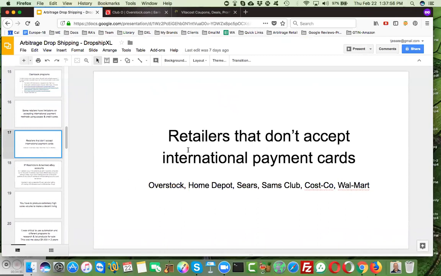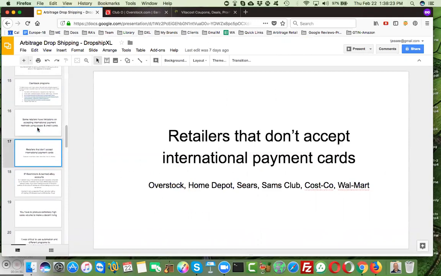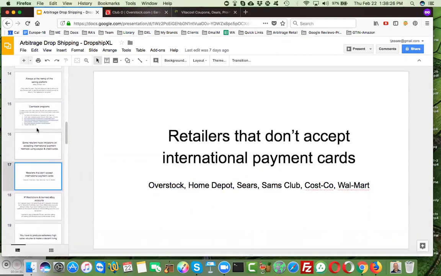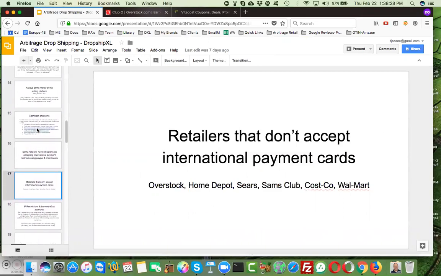So just to recap, the retailers that don't accept international payments, from what you experienced as well, include Overstock, Home Depot, Sears, Sam's Club, Costco, Walmart, and there's others, but those are some of the top ones. Yeah, Walmart, about 3 months ago they stopped accepting international payments. I don't know why. Yeah, well, it goes back to what you experienced and I experienced as well, but primarily you, since you're international,